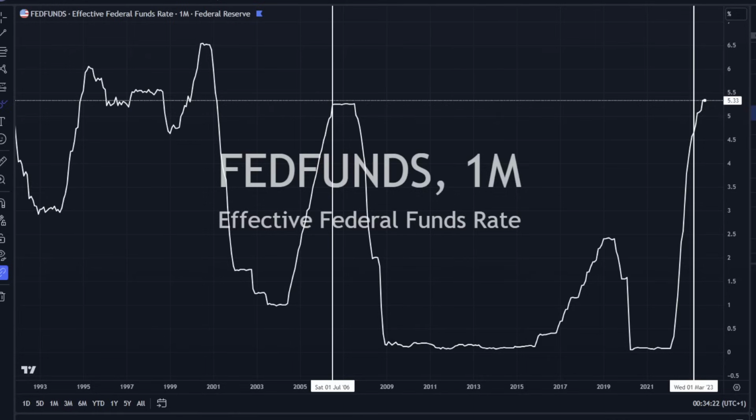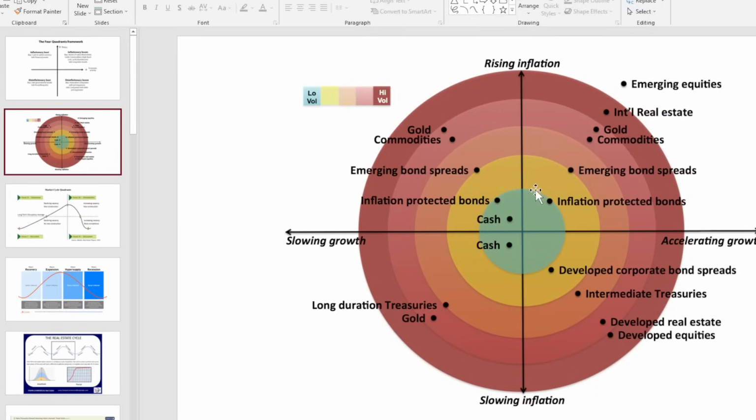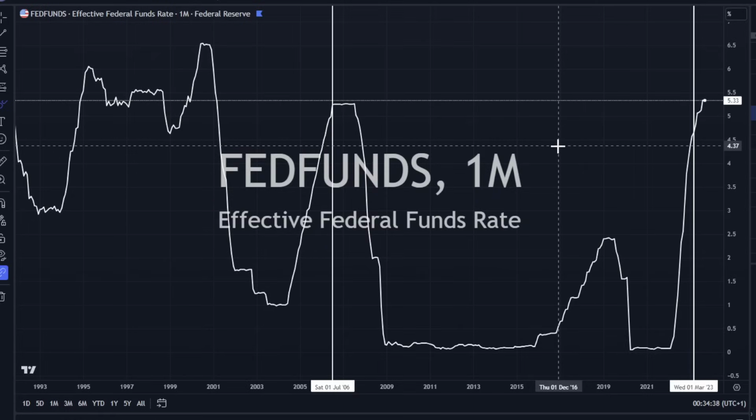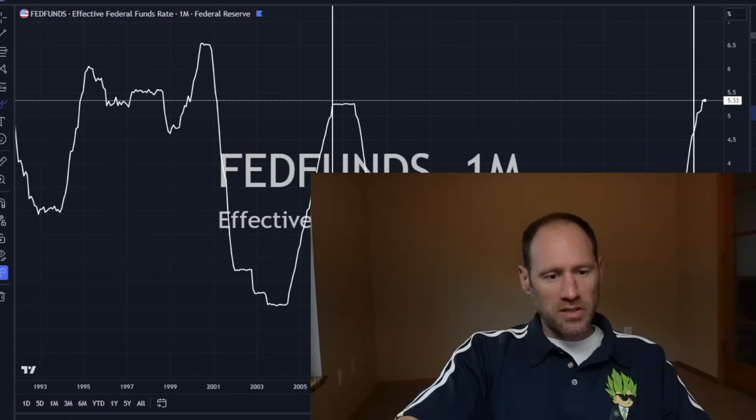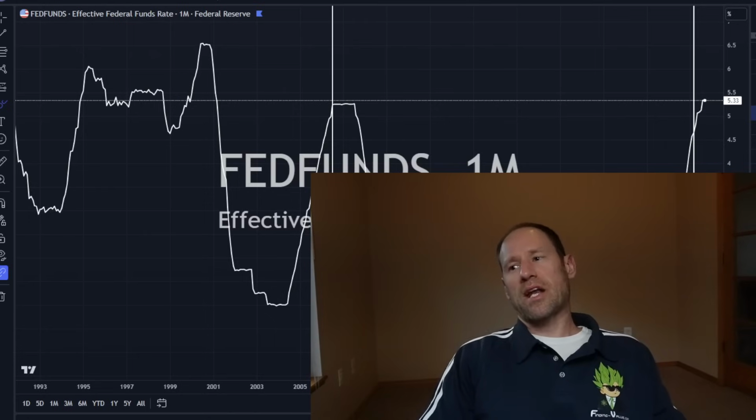That puts us, again, I think in this area on the right-hand side with accelerating growth. The growth is still there. And yes, we could slow and it could go back and forth, but that's where I think we're at. Some people think that we're in a different location. So that's what I've got for today, guys. That's what I really wanted to talk about, was kind of where we're at.